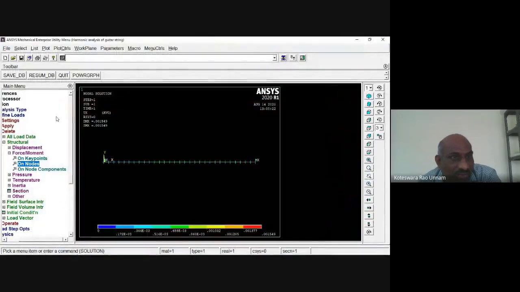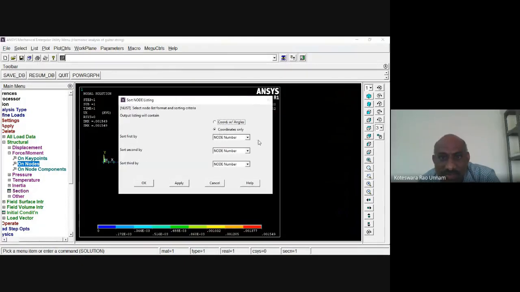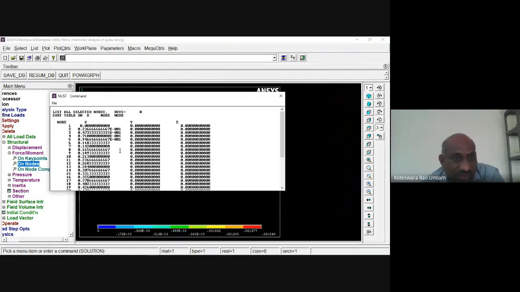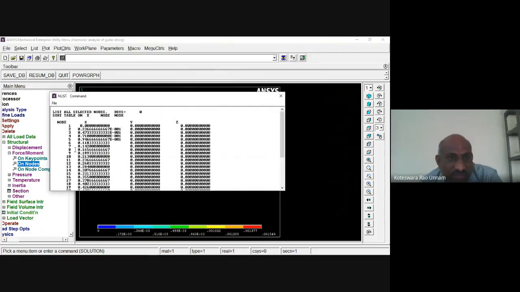For that, I'll go to list nodes and arrange the nodes in ascending order by x coordinate. See, I can list it now. I want to see where 165 is. You can see here 0.165, right? Because we are taking it in meters, 0.165 means its number is 8. So I need to apply that force to node 8.